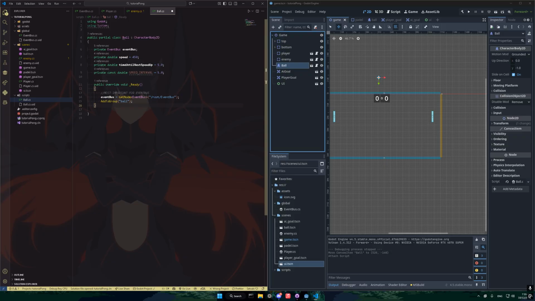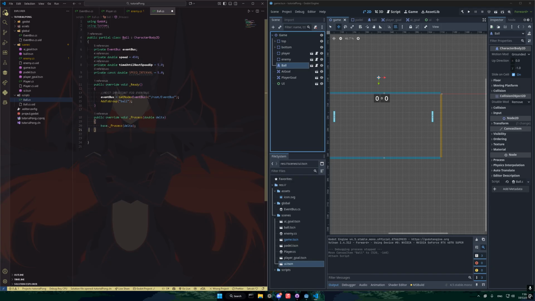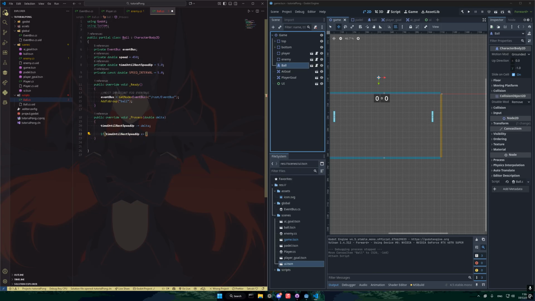There are a couple other functions that we're going to be using. So let's start here. In the public override void, now we're going to use a normal process method, which is not a physics process, it's a normal process. This is so we can keep track of the time in the collisions. So we can do time until next speed up minus delta. That means that every frame this is going to update, and eventually it's going to get to 0 or less than 0. Whenever that gets less than or equal to 0,